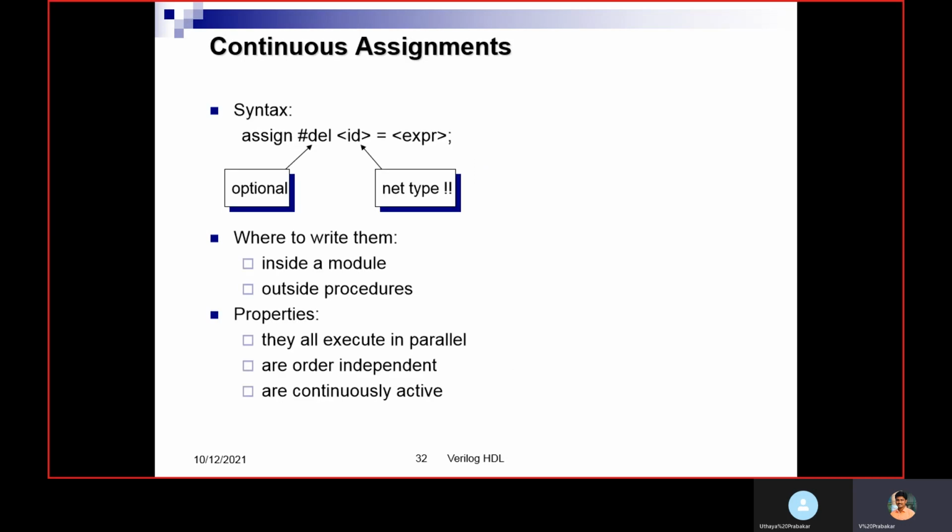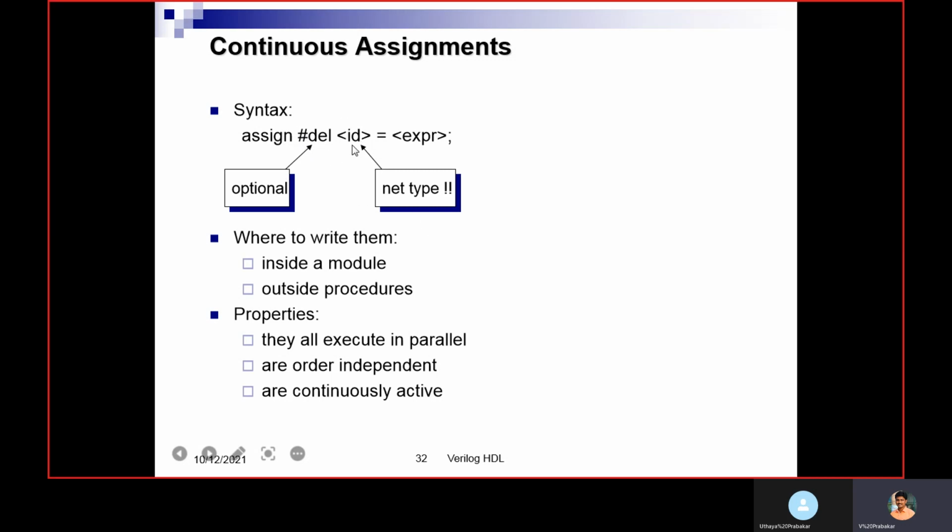Now we are going to see data flow modeling. Here we are using continuous assignment, nothing but assign. So this is the general syntax: assign this output variable equal to expression. This is the way you can mention the delay in data flow modeling. With this option one, if you want, you can mention delay in this position with the help of this hash.